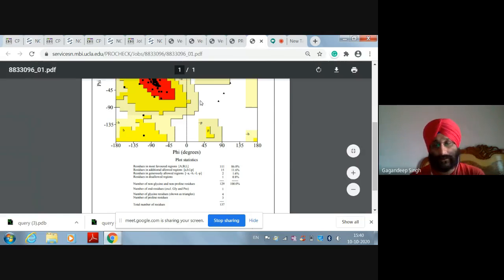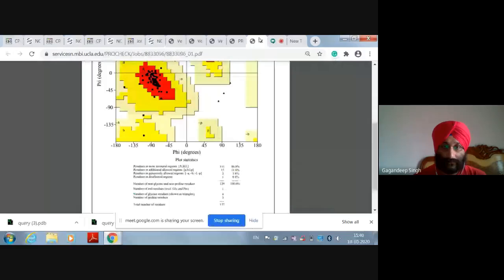Yes, sir. Okay, this is fine. Try some more structures so that you will model some other structures, and you can present your work in better form. Okay, sir. So now instead of CPH modeler, we can use this Fire2 tool. Yes, you can use the Fire2 tool as well.